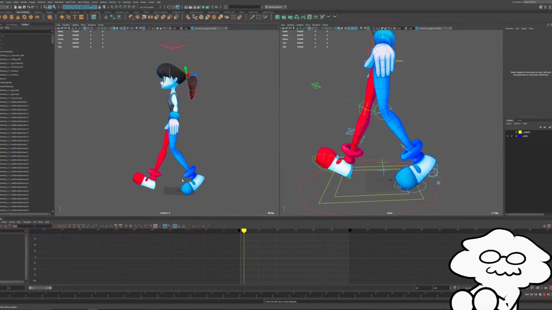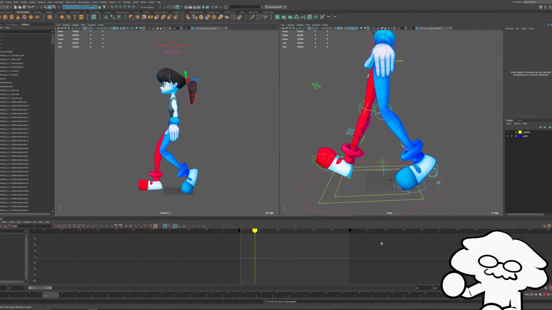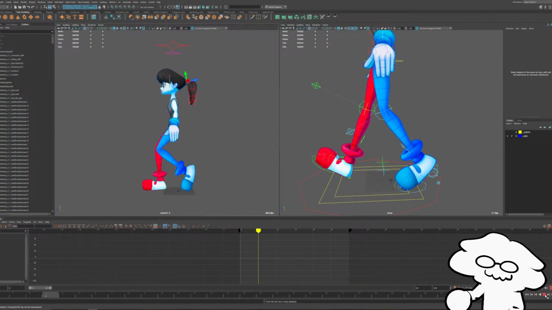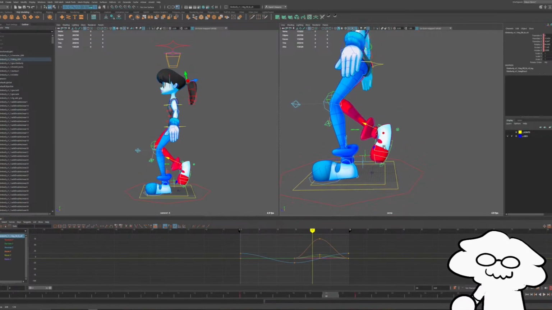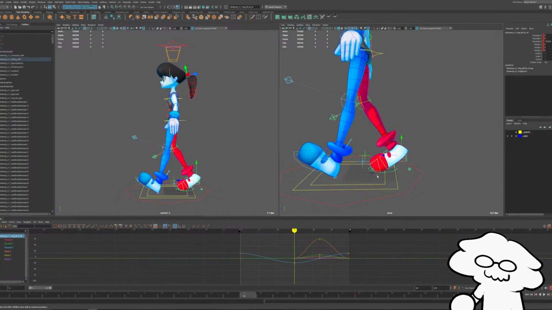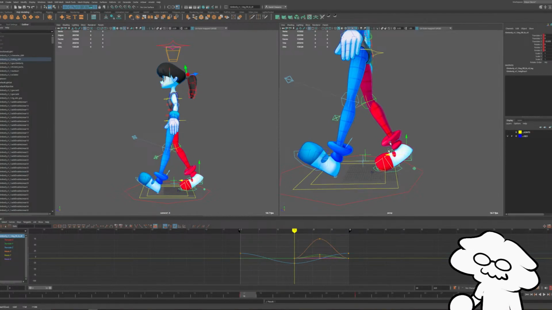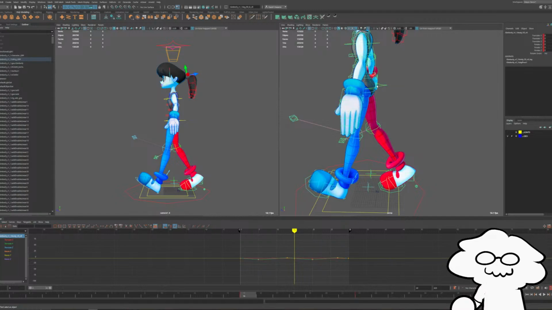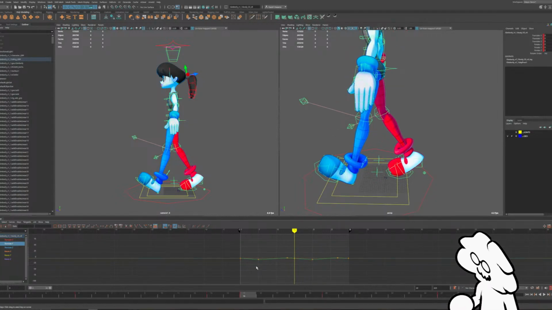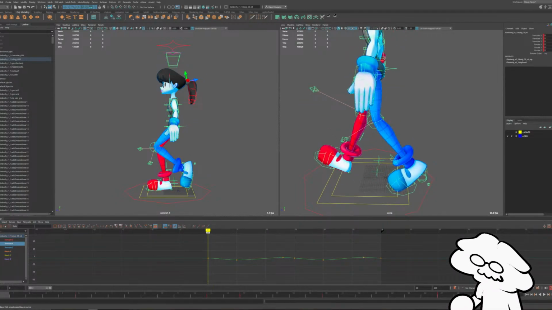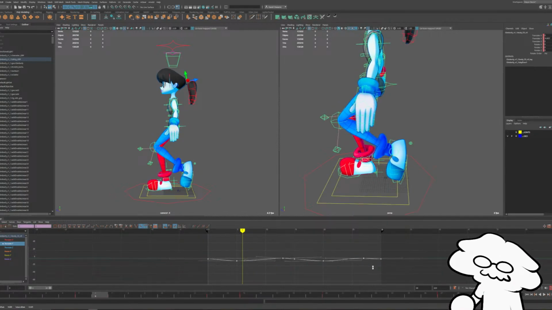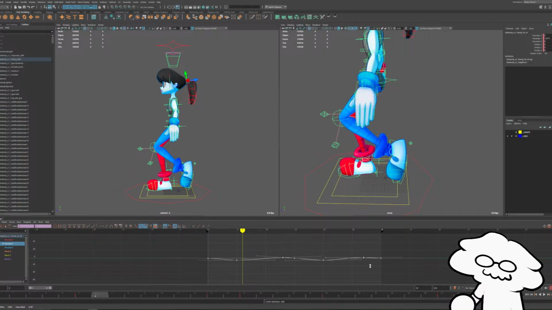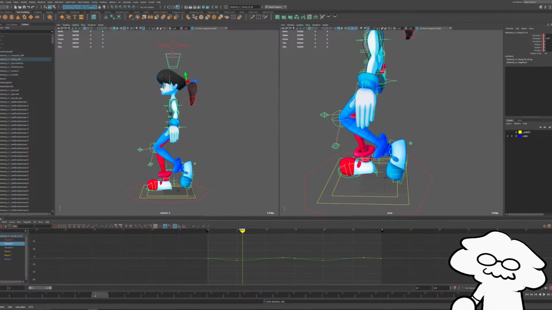And then we can go from there and keep making adjustments. So real quick, I'm going to move the red foot backwards more, right about there. We will lower the upper body a bit overall because it's straightening out the legs a little too much throughout the walk cycle. So I have it just a little bit lower overall.